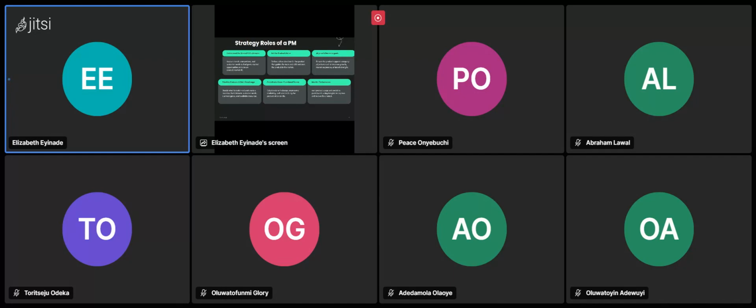Then you say, okay, I have a lot of features I want to do for this application. Which ones are the important ones? Which one should go first and which one should come last? That's when you start. Okay, let me start with the important ones. User should be able to do this, user should be able to do that. You start with the important ones first.